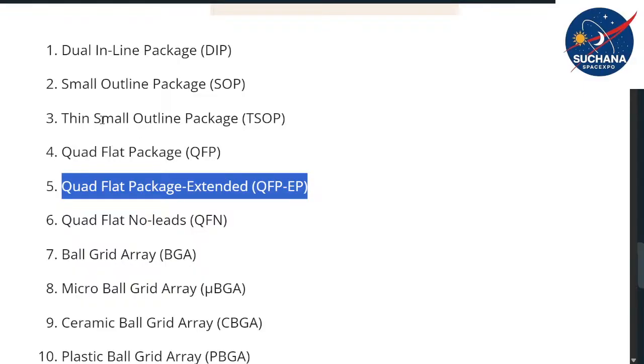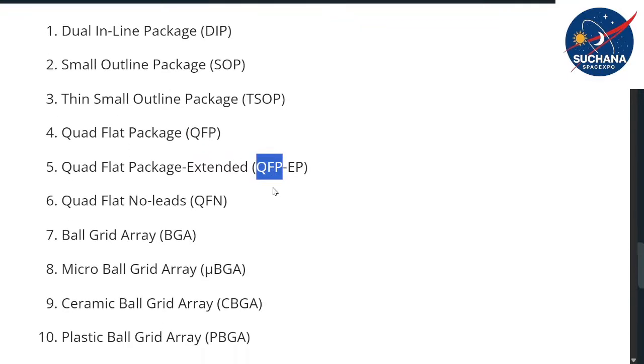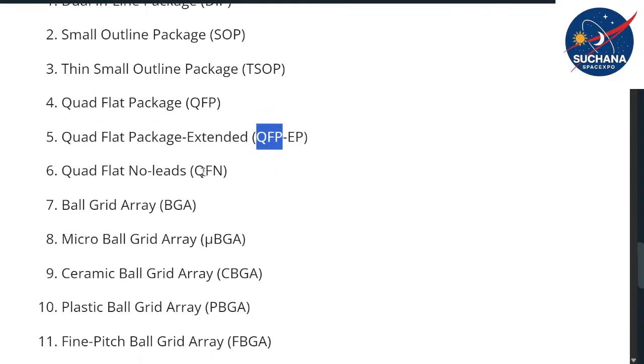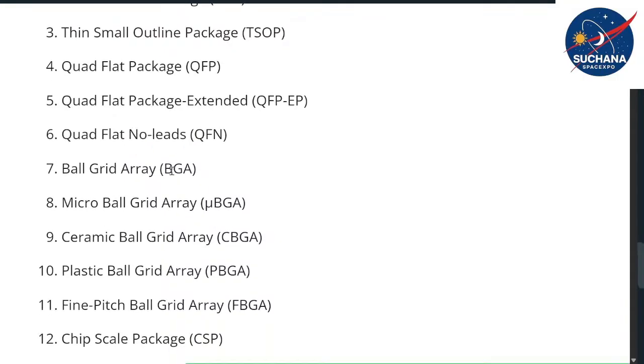This is the thin small outline package, and this is the small outline package. This is QFP, quad flat package, and the quad flat package extended version. So this is QFN, where N means no leads. We will see what this no leads means. And coming to BGA,